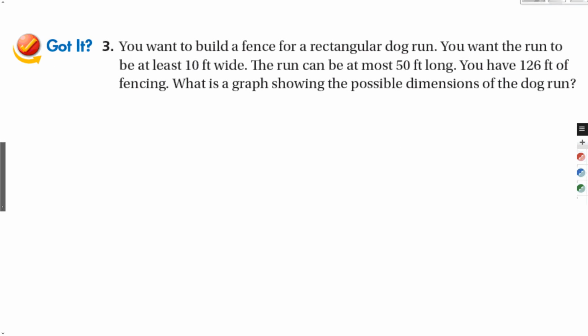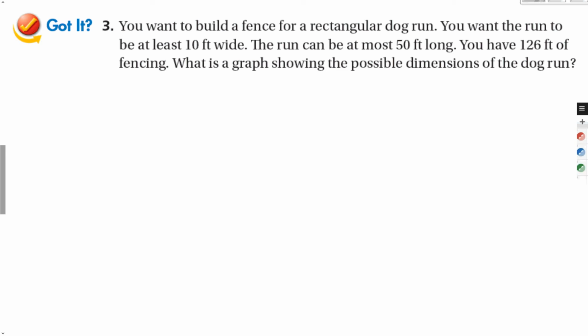For our word problem, kind of big numbers here, so this is going to be kind of hard to draw a picture. So let's set it up, and then I'll graph it using a graphing calculator. You want to build a fence for a rectangular dog run. Rectangular means that we're going to make some sort of thing like this so that the dogs can